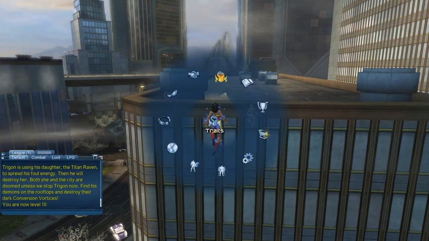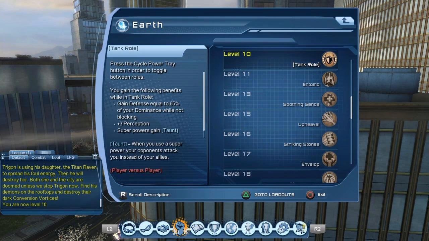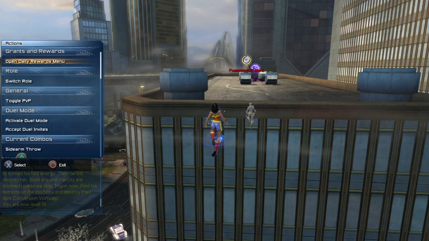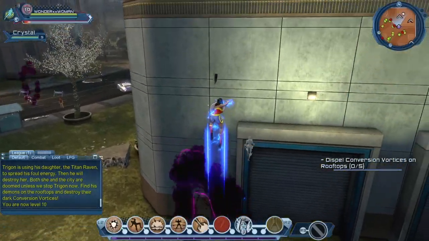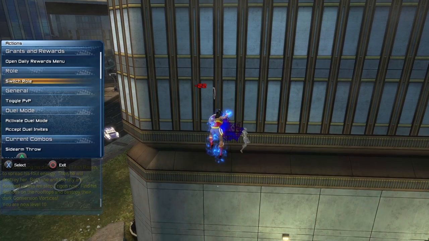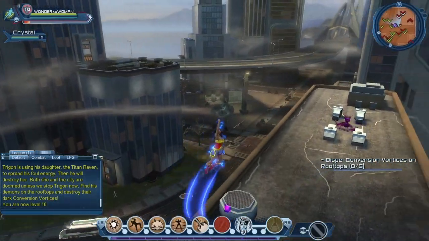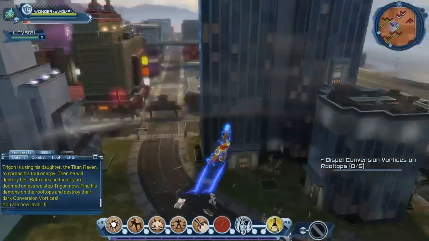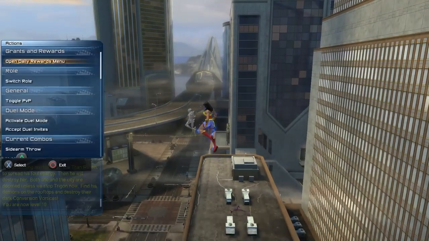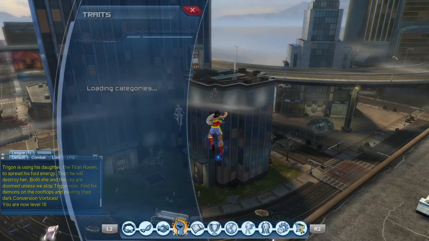Oh, and before I forget, if we go to Earth, we've reached level 10. That means we can switch to tank role if we want to. If we go up with the D-pad, you can see here switch role. So we could switch to a tank role. Oh, we're in battle, so we're not going to be able to switch just yet. There we go. So let's switch back to DPS. And if we go back to our tank role,